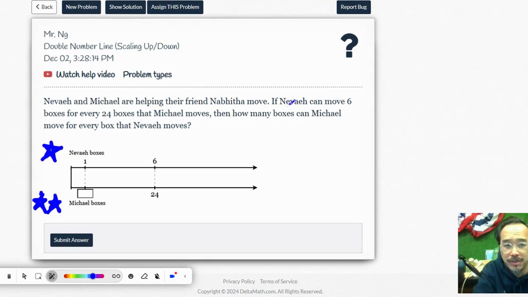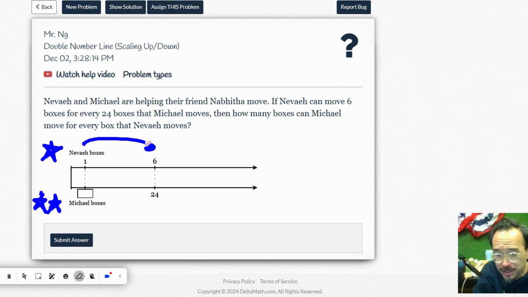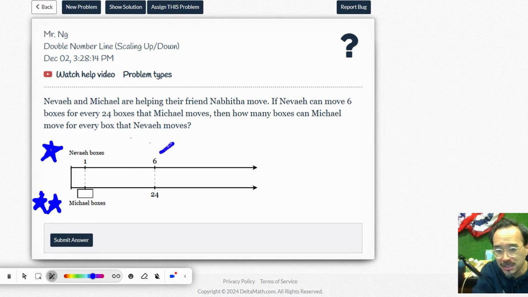So, okay, if Nevaeh can move 6 boxes, right? Nevaeh, 6 boxes, okay. Hold on 1 second. I'm just trying to erase something. All right, so if Nevaeh can move 6 boxes, I shouldn't have drawn the arrow. If she can move 6 boxes for every 24 boxes Michael moves, then how many boxes can Michael move for every 1 box, for every box, right? So in other words,